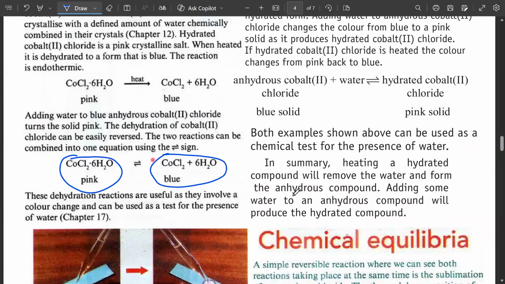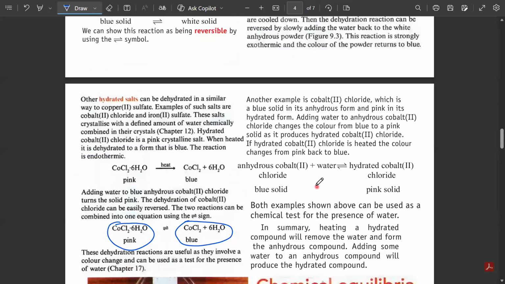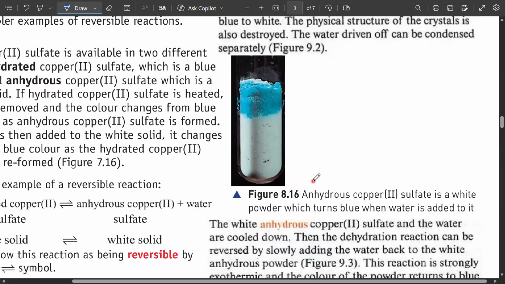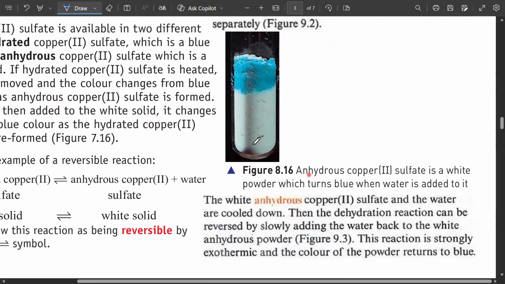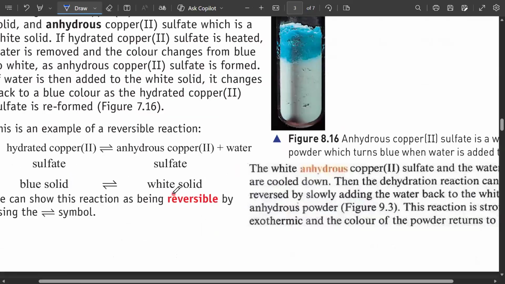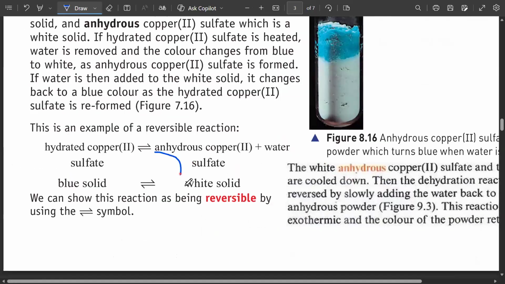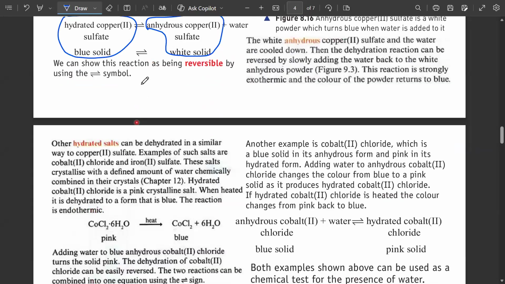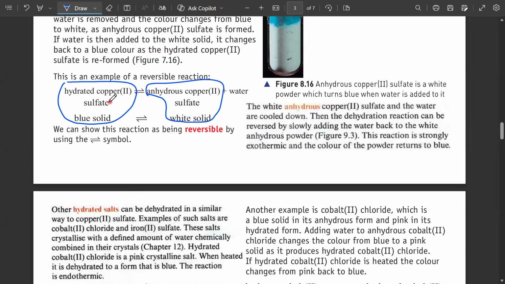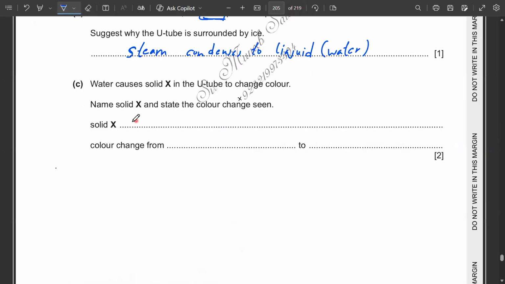The other one is copper sulfate. So copper sulfate can also give you different colors. In the anhydrous form it is white in solid, and in hydrated form it is blue. So you have choice. You can mention any one of these two, whether the copper sulfate or the cobalt chloride paper, cobalt chloride solid. The solid X can be anhydrous,